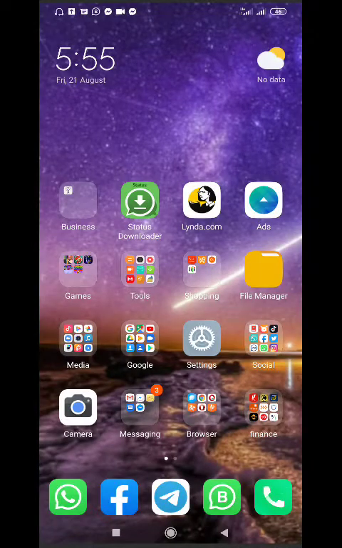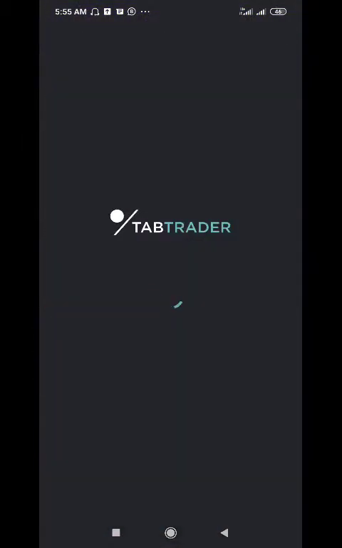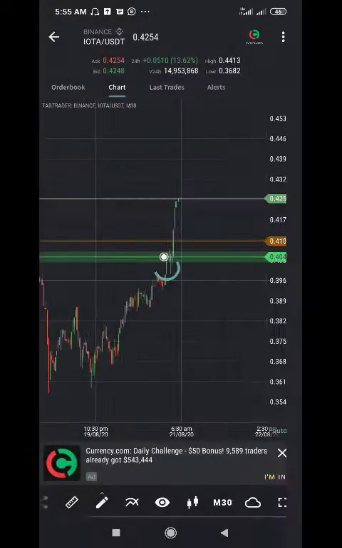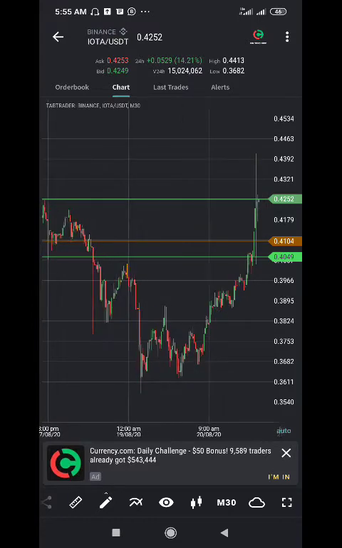Hello, alright guys, I want to show you quickly how to place a stop limit, how to use a stop limit in trading. Let me move over to my tab trader again. Stop limits are used for buy and sell, and I will tell you exactly when both are useful. For instance, now